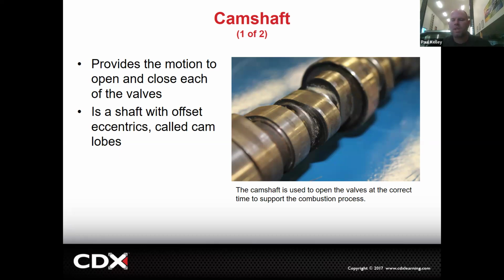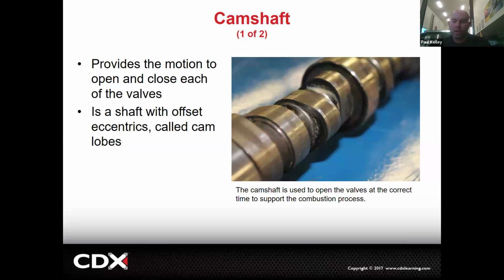The purpose of the camshaft is it has these lobes, which you can see, and each of those lobes is going to provide a motion, right? So if this lobe is the intake valve and this lobe is the exhaust valve, this lobe is going to open the intake valve and this lobe is going to open the exhaust valve. And that's its purpose. And typically the way that we'll do it, we could do a single cam,